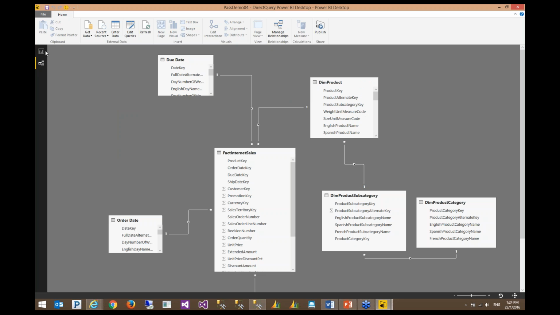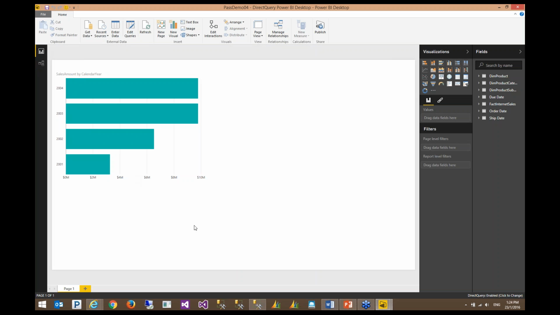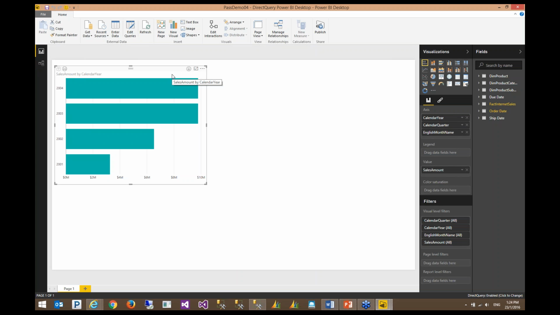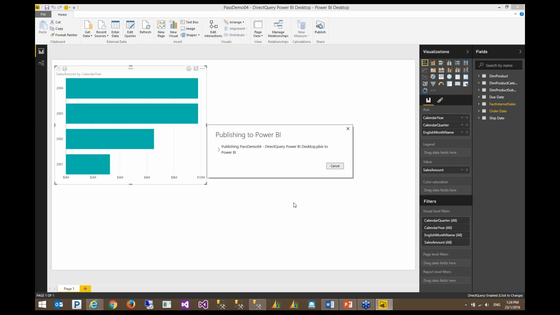Okay, so let's go back to our report. I already created another report. I don't want to do that. I assume that all of you know these things, but I'm going to publish it again into my Power BI service because the configuration is different here. See, it says you need to provide credentials for this data set.